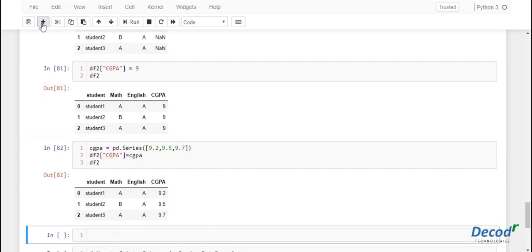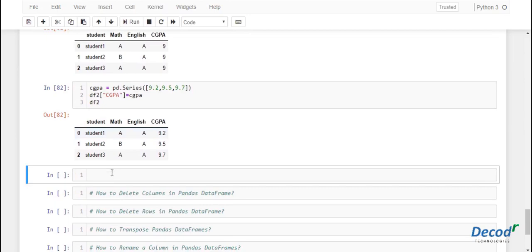Now we can even perform Boolean operations on the columns. Let's take an example of searching for a person who has CGPA greater than 9.5. Let's see who has.